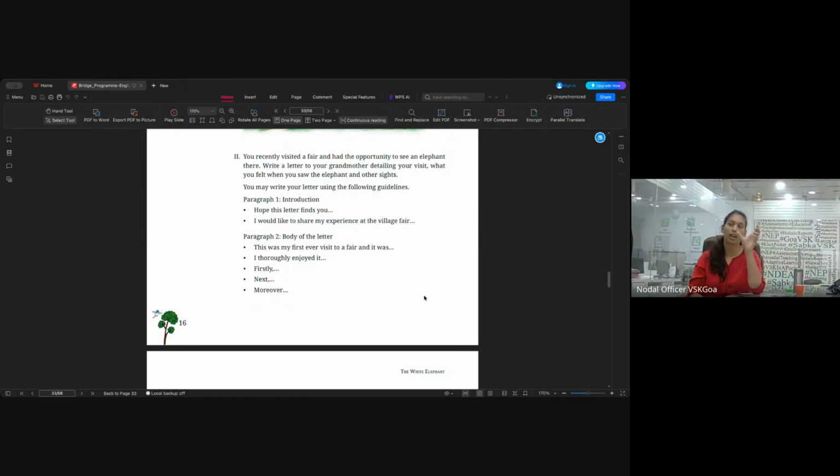And again, there is so much of it. The phrases to begin the sentence, and sentences, are given to you. I would like to share my experience at the village fair. This was my first ever visit to the fair, and it was, etc. Recollect the CGs, it was given there. The child should be able to write formal structured passages and write letters of various kinds. As I told you, all the activities are conforming to those CGs and are getting competencies respectively achieved. If we scroll down.